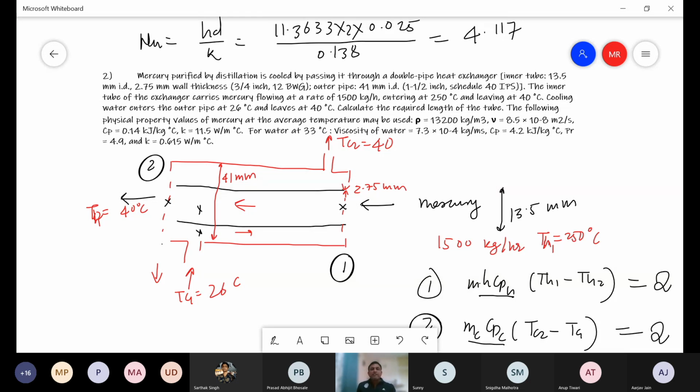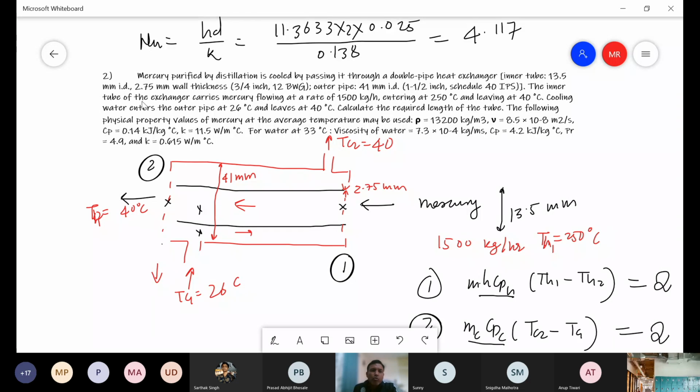Okay, so what is given in this problem is mercury purified by distillation is cooled by passing it through a double pipe heat exchanger. The inner tube internal ID is given, that is 13.5 mm, whereas the thickness of this inner tube is also given, 2.75, and in addition to that, the outer pipe diameter is also given. Okay, so the question asked here is